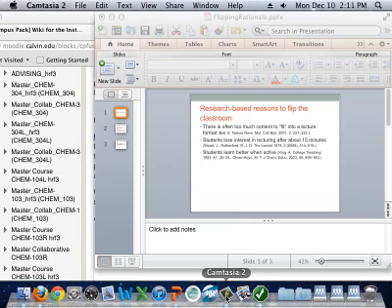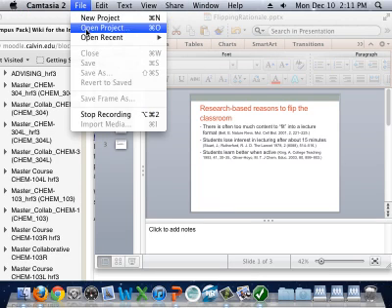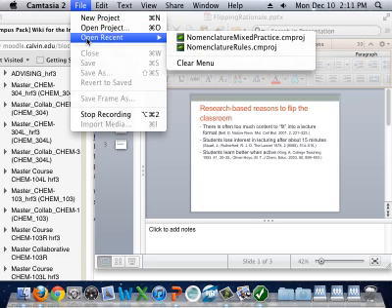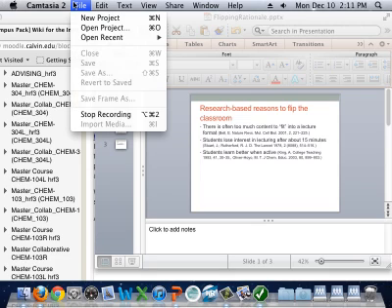So now let's see how this works. Let's see, Camtasia, how do I stop the recording? This isn't working how I remembered it before. Are you wondering about that stop recording down there? Where is the stop recording? You were just there. Go back to file, and at the bottom of that. Oh yeah.